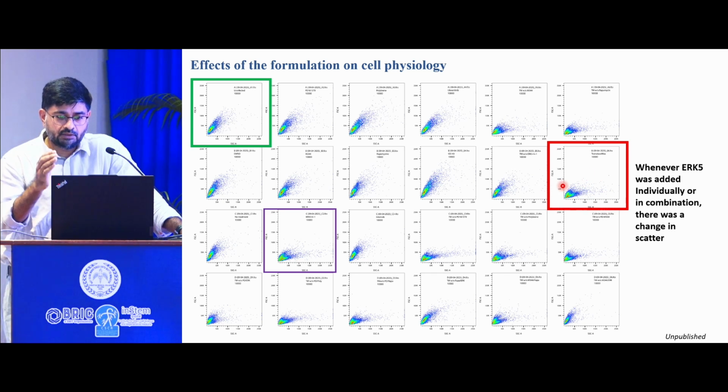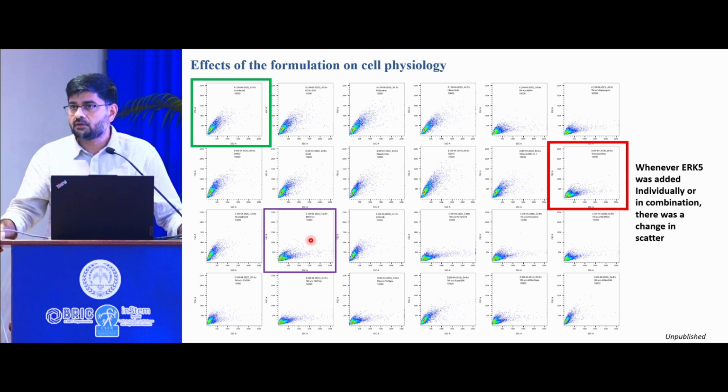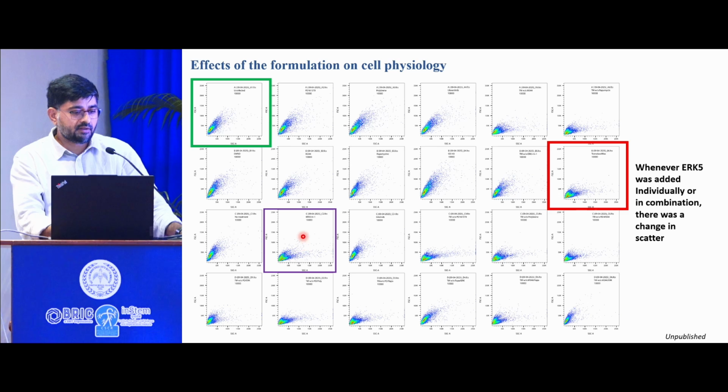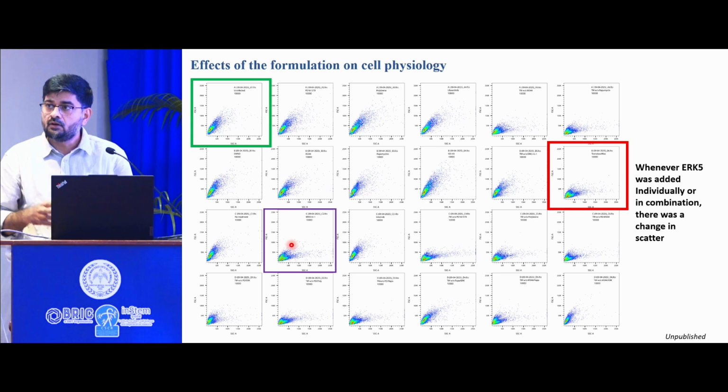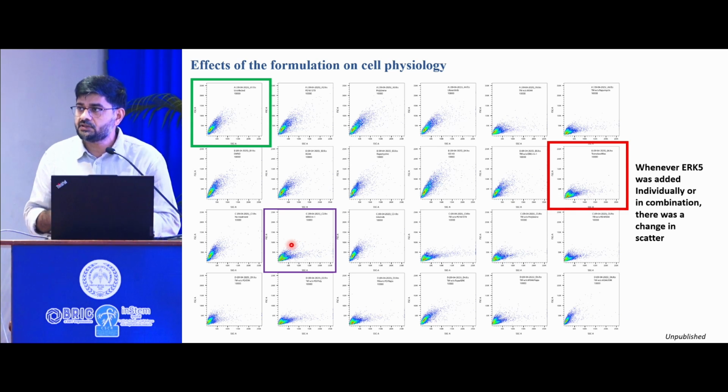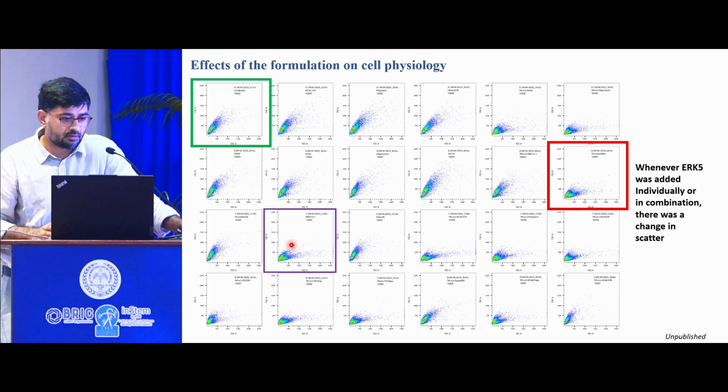And so we used a deductive approach. We started eliminating one by one each compound, and also did analysis by incubating each compound individually with the cell type, and we found that this ERK inhibitor that was part of this cocktail formulation was alone responsible for the change in the scatter, although it was increasing the transduction efficiency. But it is very important to note and understand the factors that could actually be determining the cell physiology and cell health.